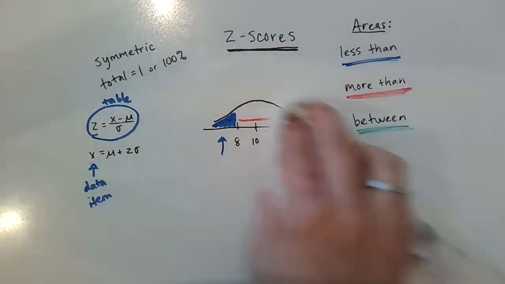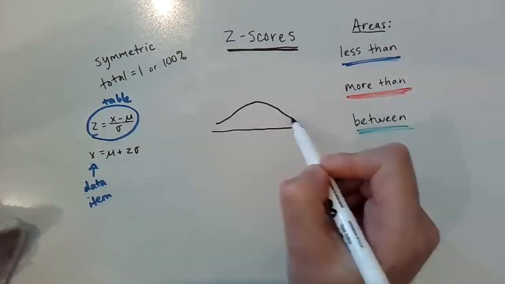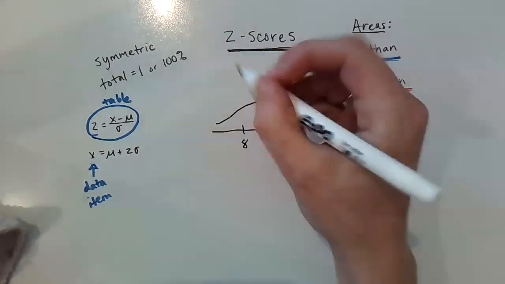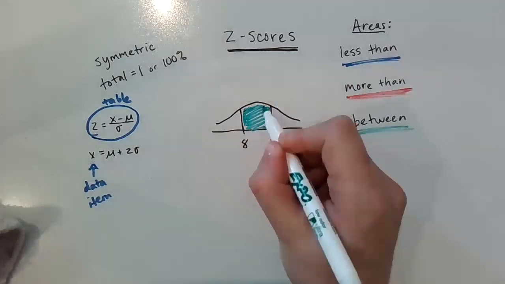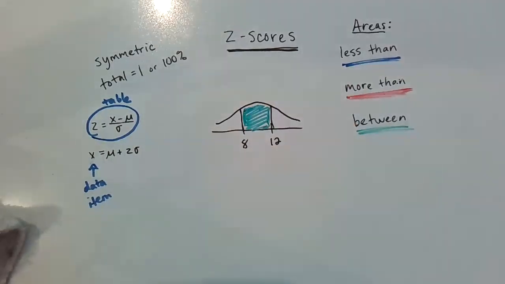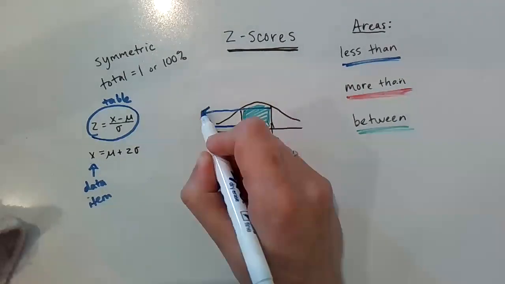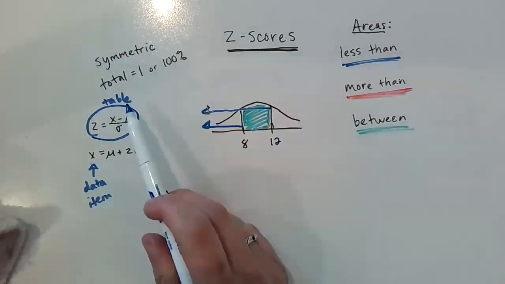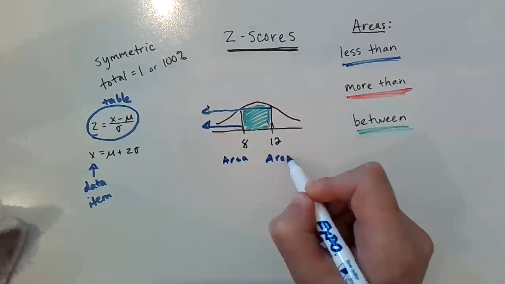Let's talk about our last case, which is between. Again, I'm just kind of making up some values here. Let's say we want the area between these two data items. Right, so in order to do this, keep in mind that our table always gives us the area to the left. Okay, so if I change my 8 and 12 into z-scores and look them up on the table, it's going to give me some areas. Okay, so let's say I look up the area in the table,